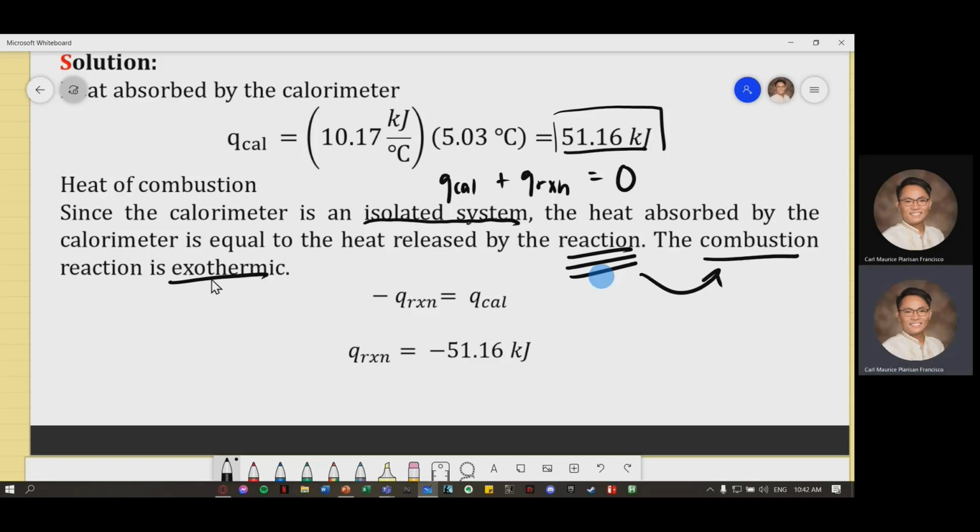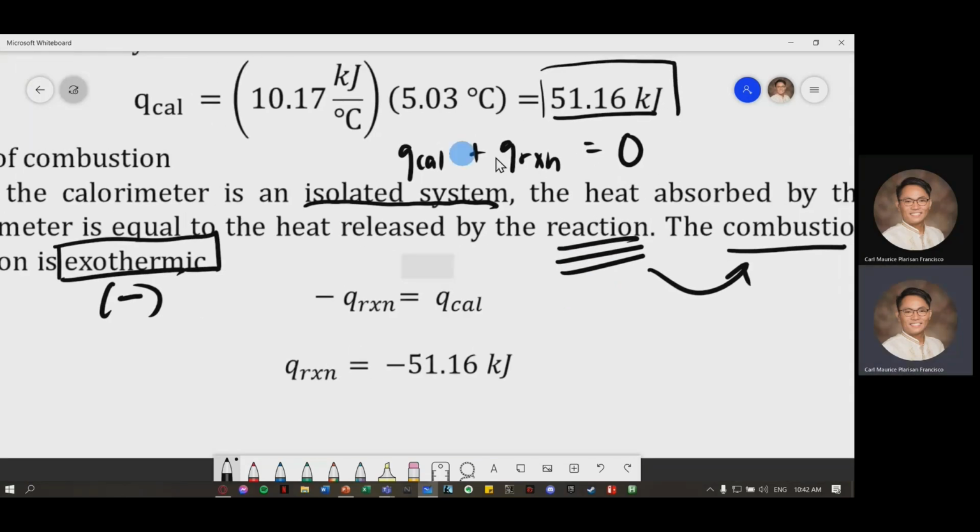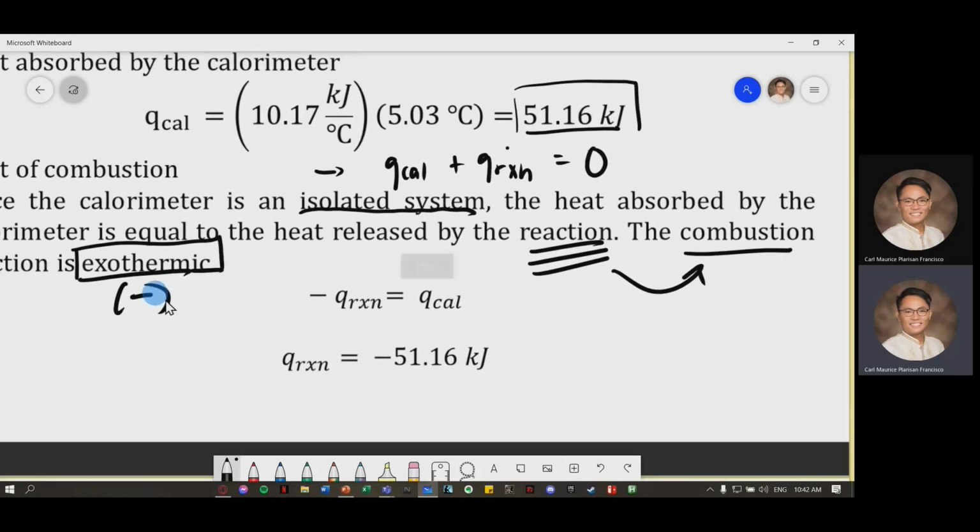Technically, combustion is exothermic. What is the sign of exothermic? Negative. So, if we rearrange this equation, for it to make sense that the reaction, combustion, is exothermic,